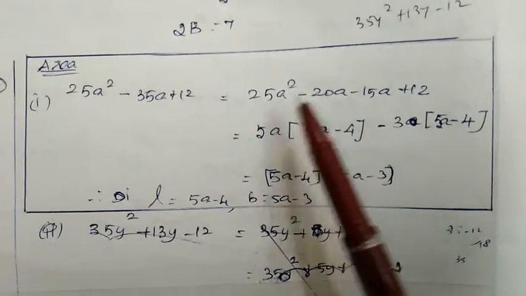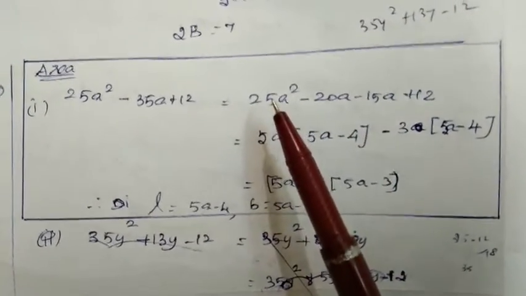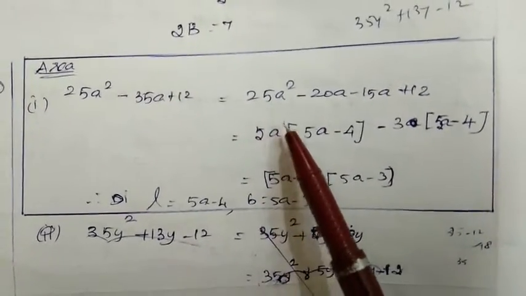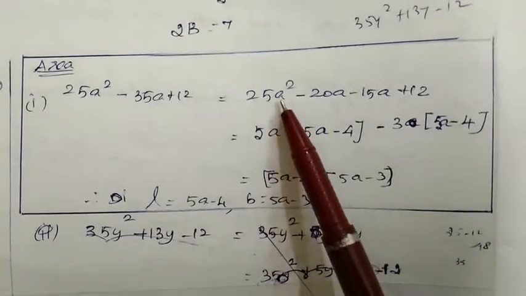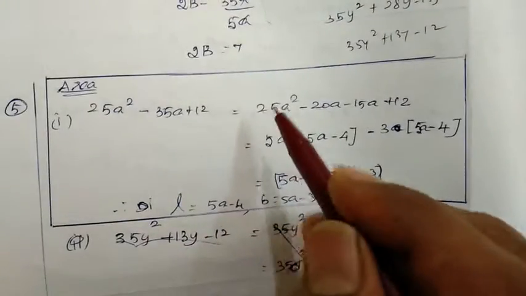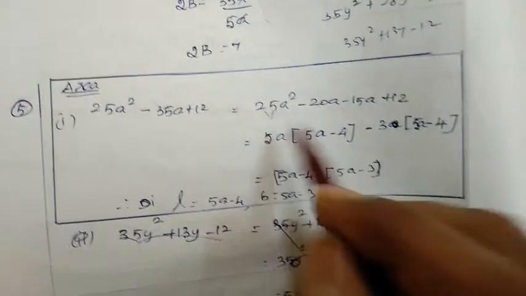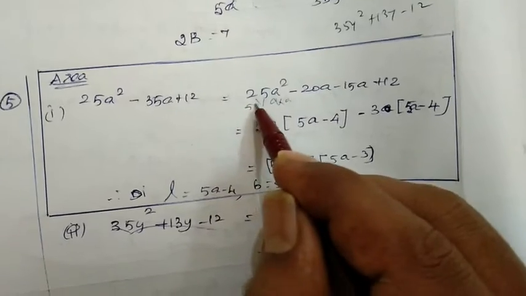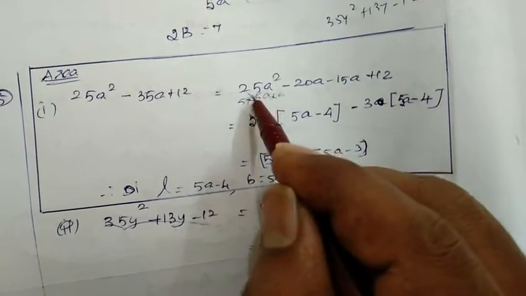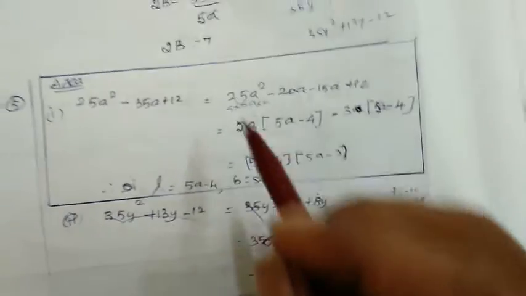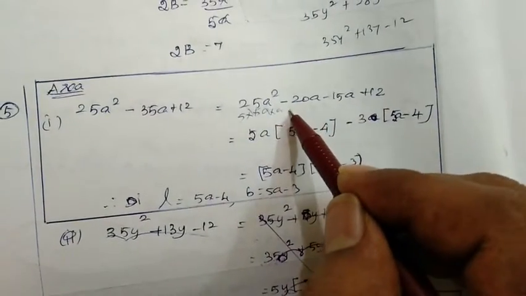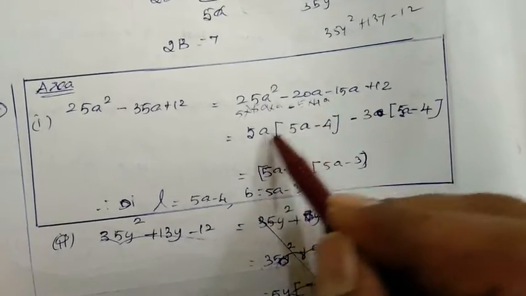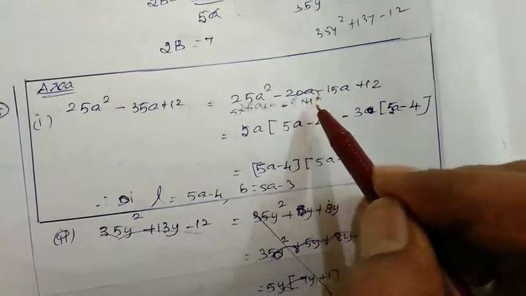25 and 20 have the factor 5, so it's a multiple of 5, and also a. So 5 into a we can consider. So 5a, remaining 5a because of this 25, no, 25 divided by 5 is 5. A we have taken. So a square we can write as a into a. So 5 into 5, a into a. 5a we can take outside, remaining you have 5a. Similarly here minus 5 into 4a. 5 we can take, a we can take, remaining 4.